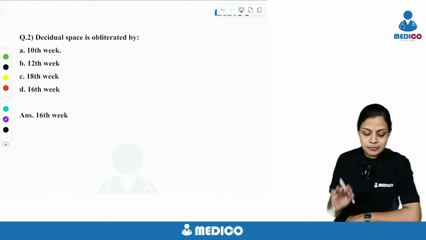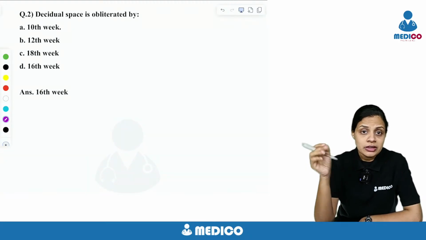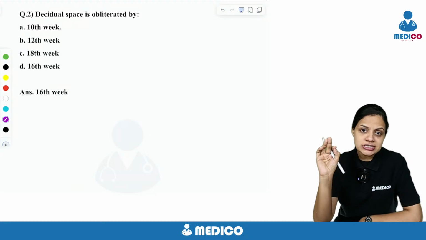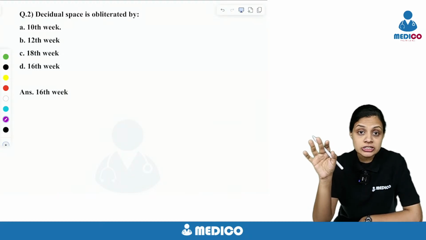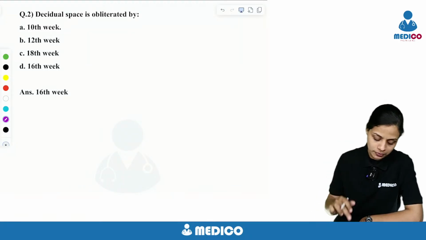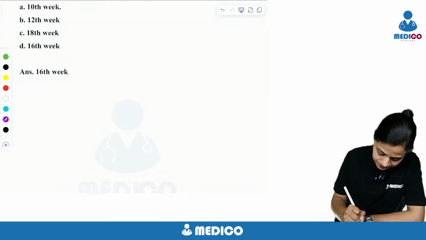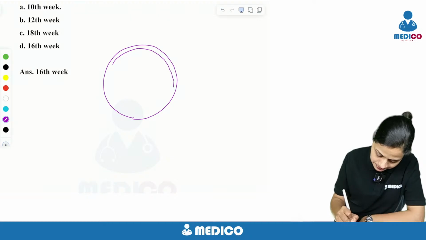The decidual space is obliterated by. What is decidua? You know the endometrium of the uterus. Once pregnancy occurs, the endometrium of the uterus is converted into the highly specialized endometrium of pregnancy, which is called the decidua. In the decidua, if this is the myometrium here,